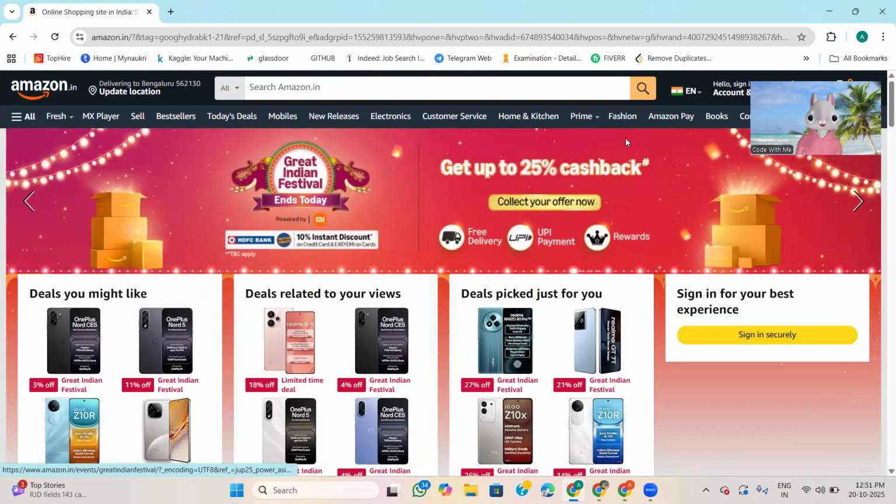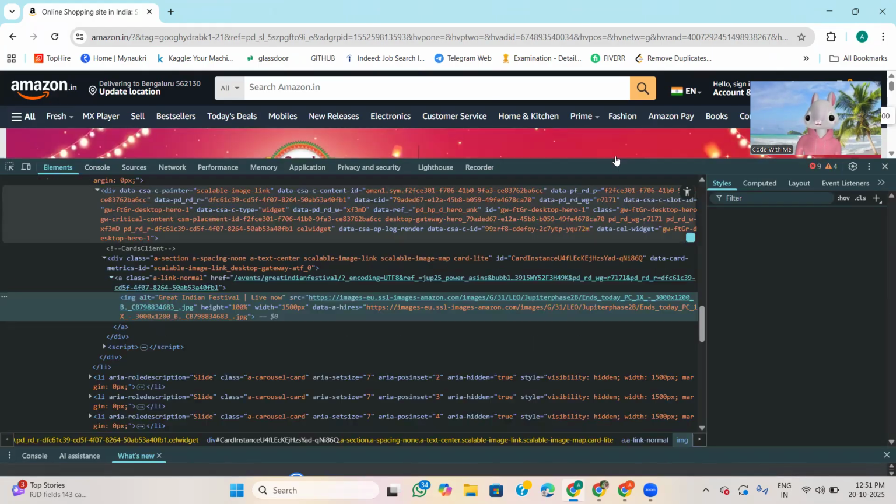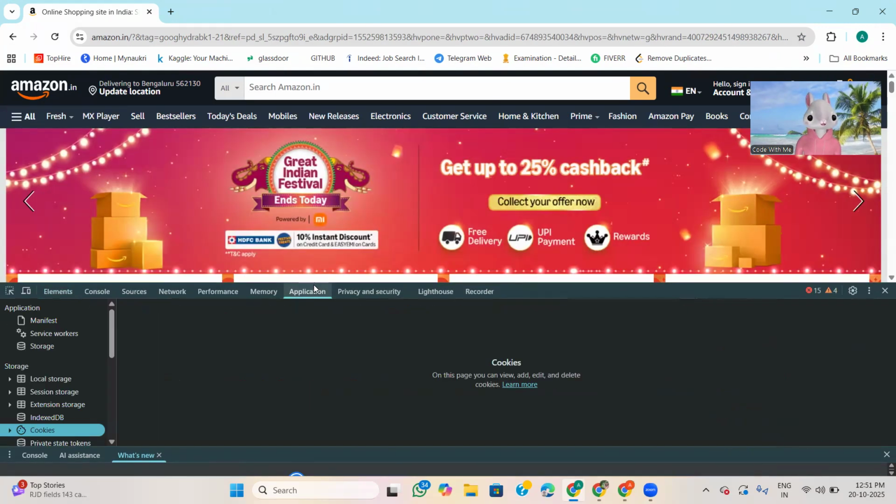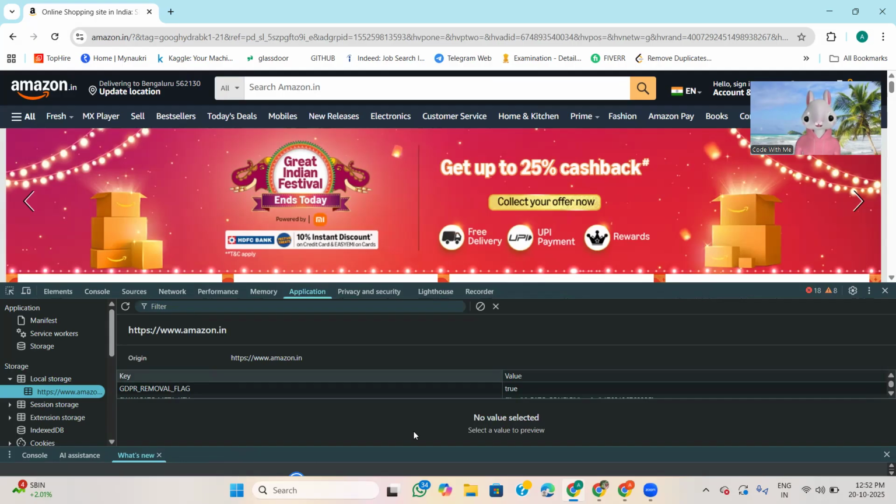Now, if you go and click on inspect, here, when you open this console, this dev tab, and go to application, our local storage data will be saved. And see here, some data is saved, and this data is saved in key value pairs. Here some default data is saved.